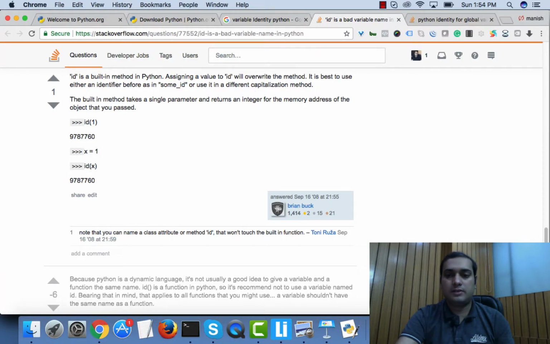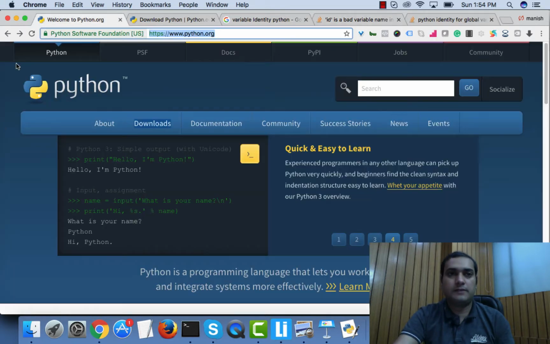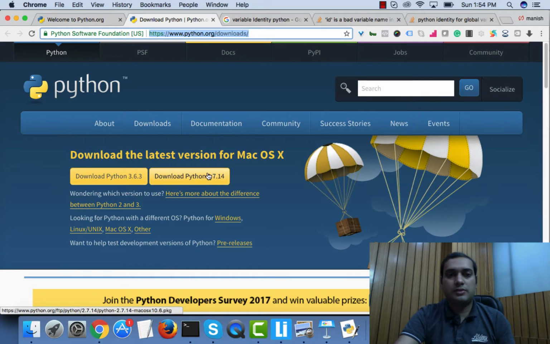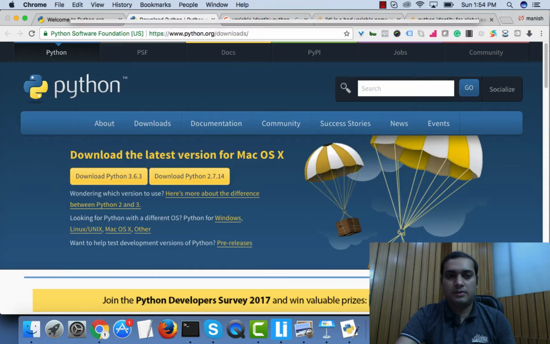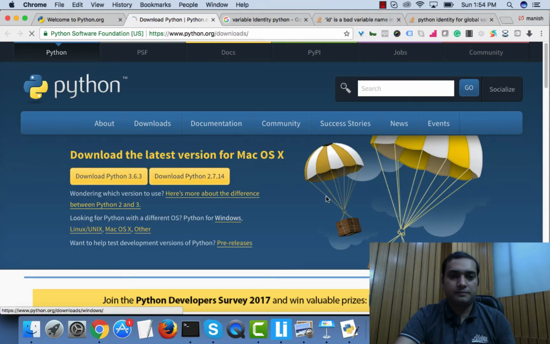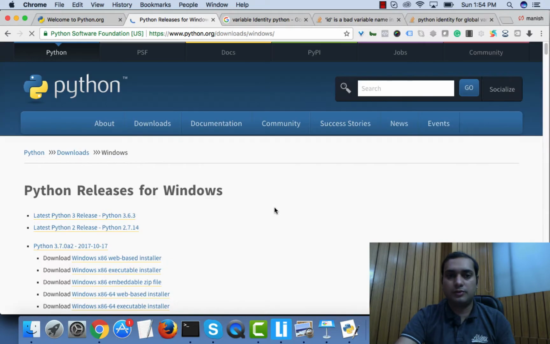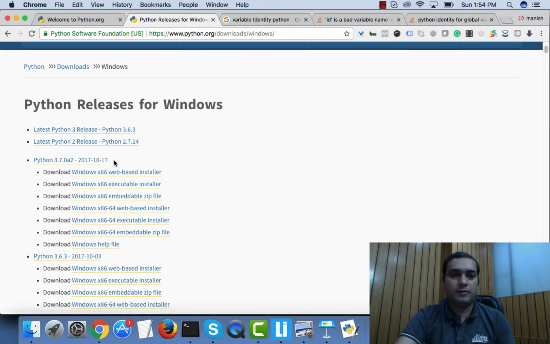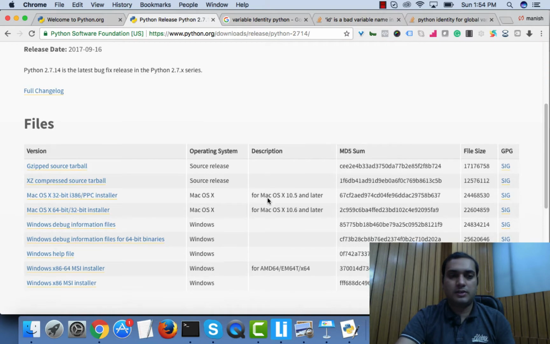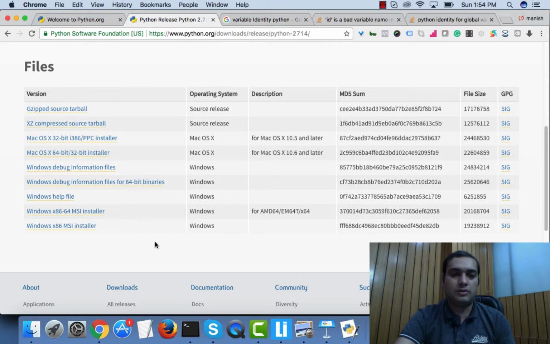I have this opened. Yeah, so this is the section. You need to click on download Python, and if you're on Windows, you need to go to the Windows section and it will give you a bunch of options. You can go to the 2.7 release and download the version that suits you